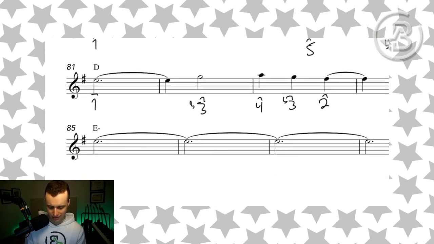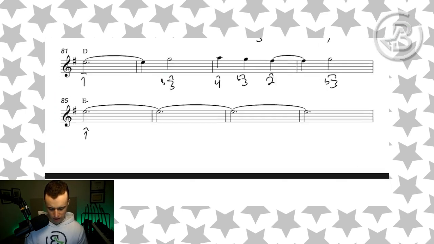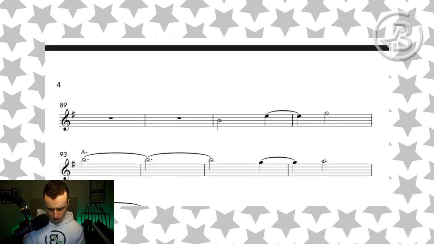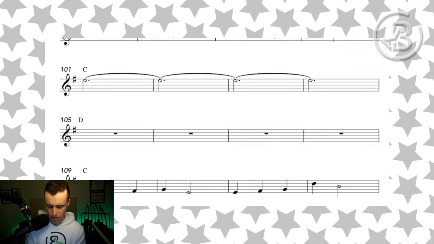And then in this last line of this page, we just have scale degree 1 hanging out for a whole bunch of time. All right, measure 89, 90, 91. 5, 1, 3, 5 up the octave. 3, 4, 5, 4,